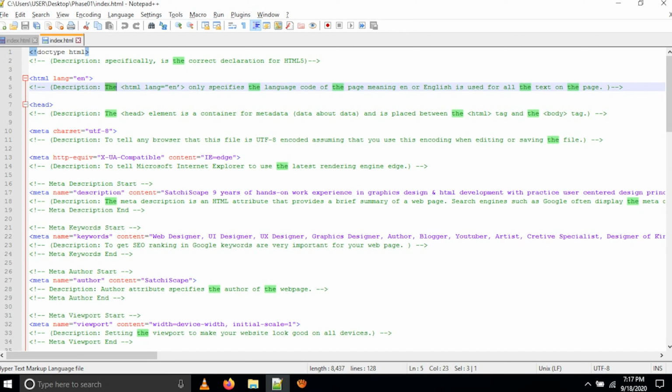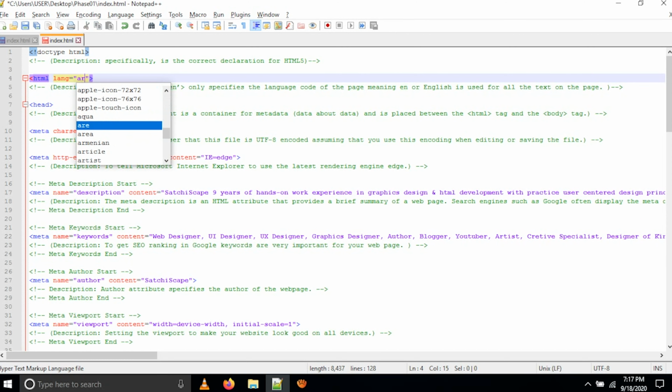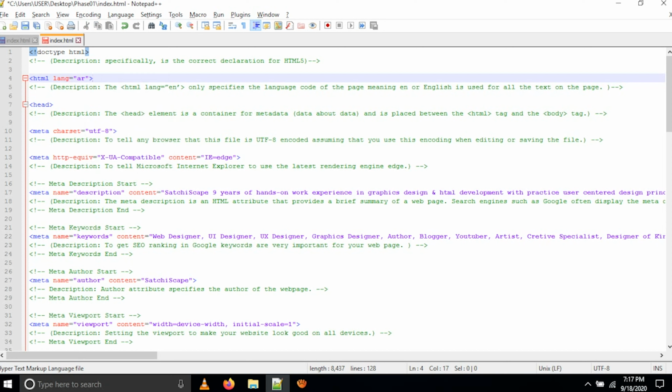If we are using Arabic, we show ar; for an Arabic website we use html lang ar. If we are using French, we use the French code. Now we are using English, that's why we are using en.